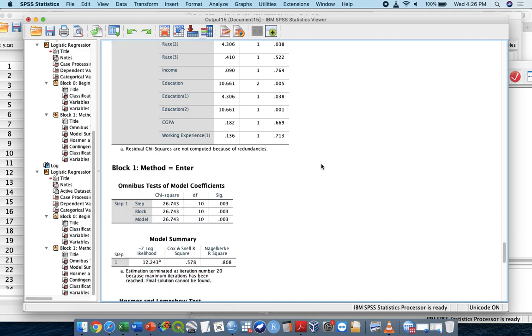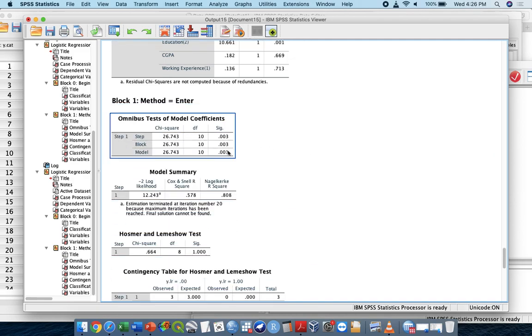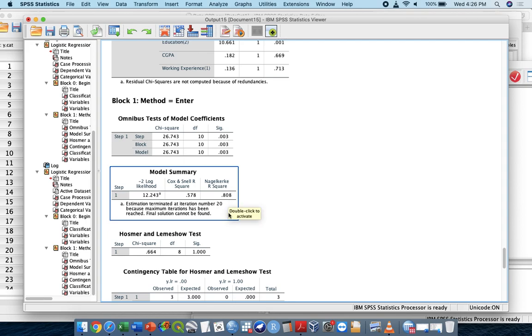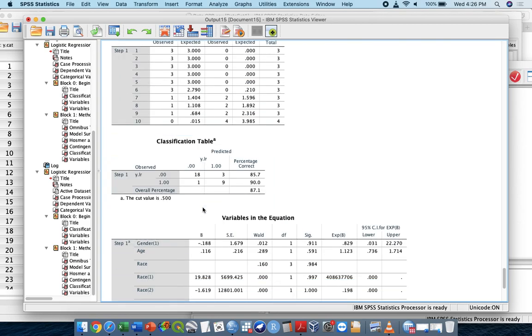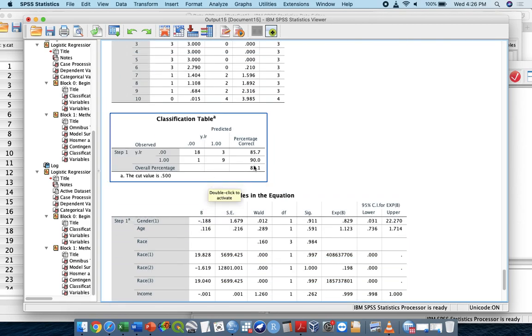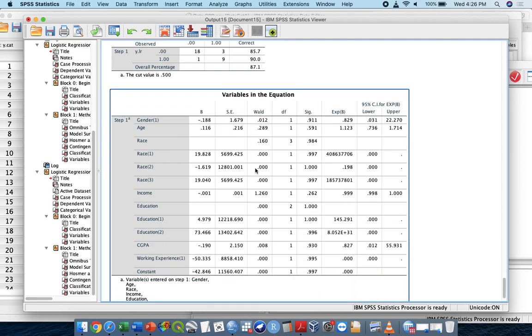You see, this is block number 1, significantly correlated. Oh, you see, Nagelkerke R square is very good. You see, more than 80. And then Hosmer-Lemeshow is also very good because it's more than 0.05. And then the classification table also improved, 87. Much better than the Titanic just now. But